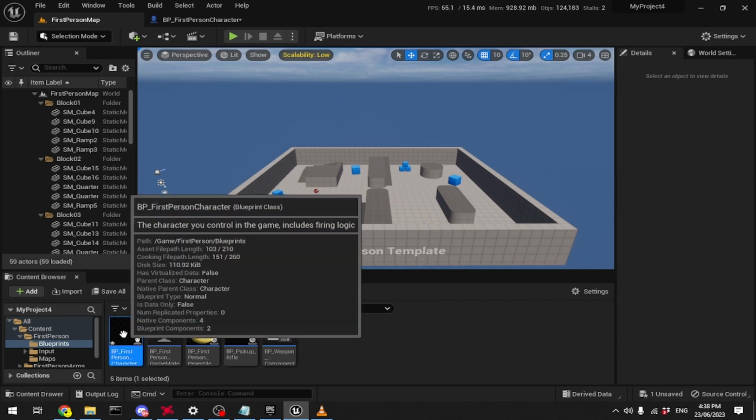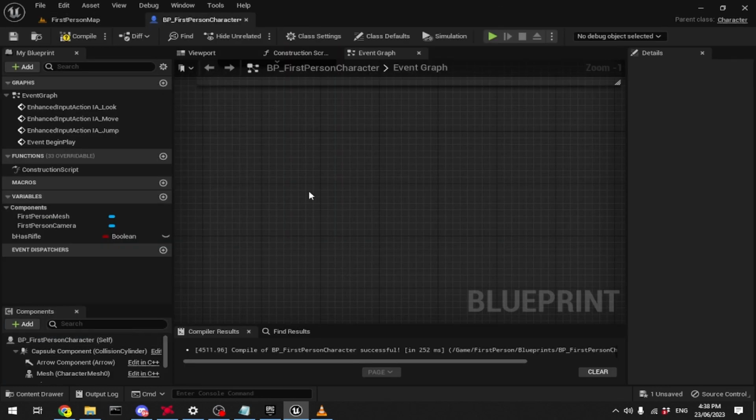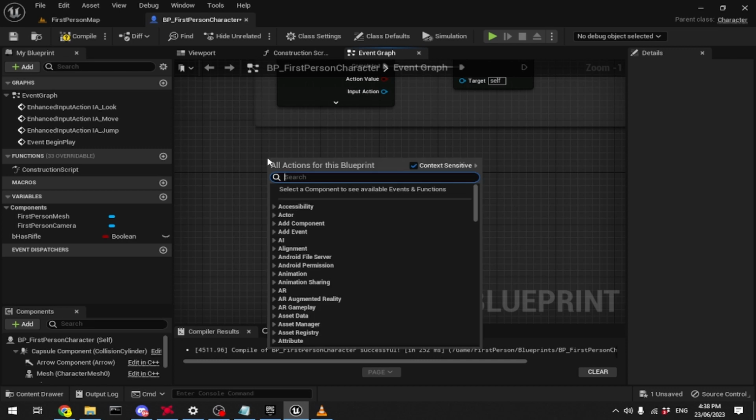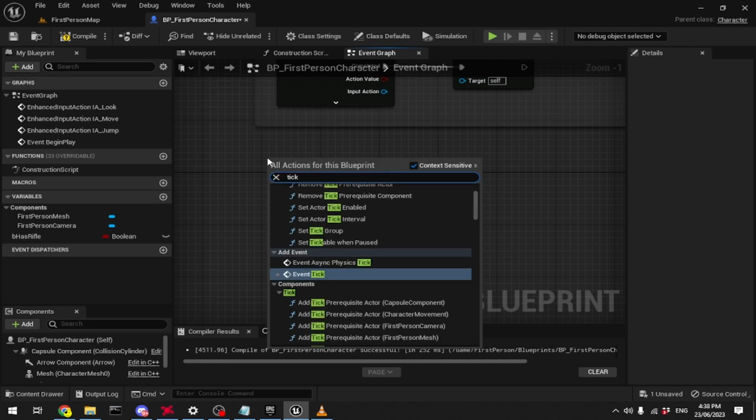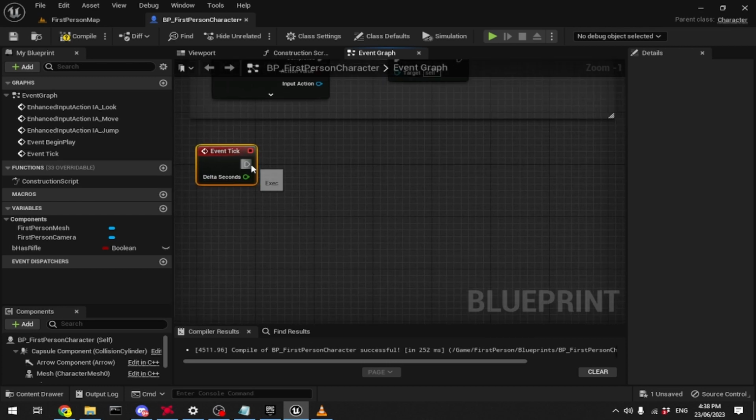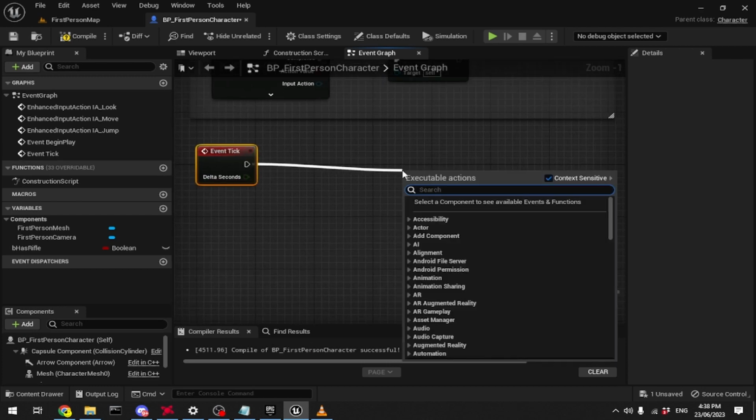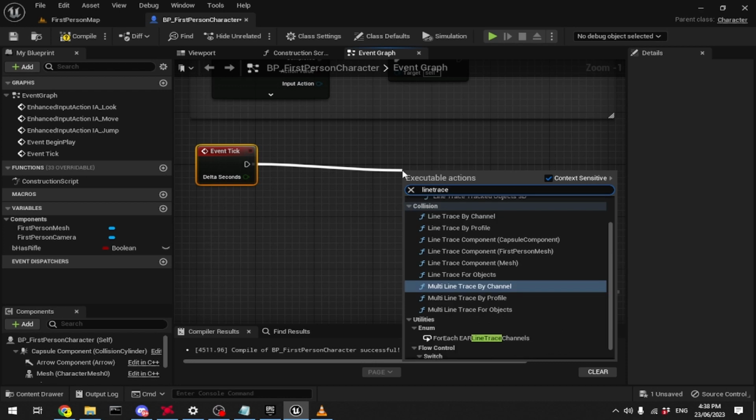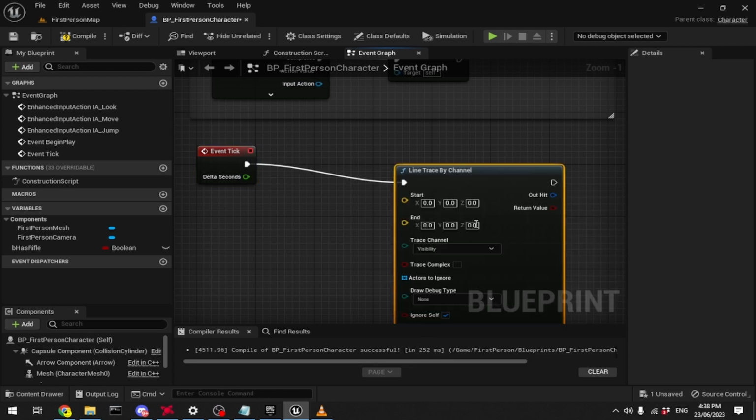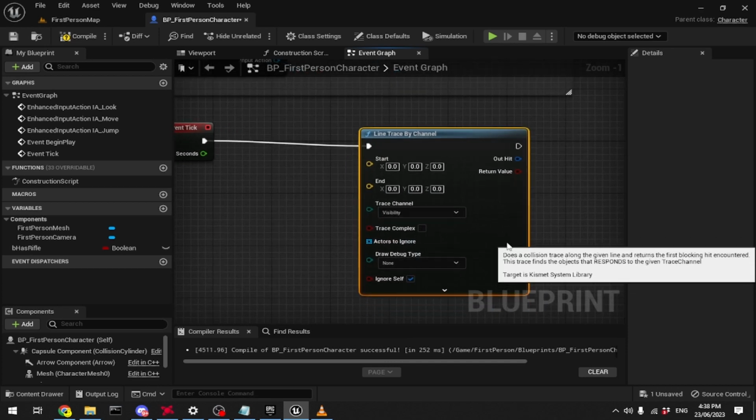So what we're going to do is go to the first person character blueprint, and we're going to set off a tick. We're going to use the tick node just for the demonstration. From there, we're going to do a line trace. I'm going to get the line trace node by channel. So now that we've got that there,